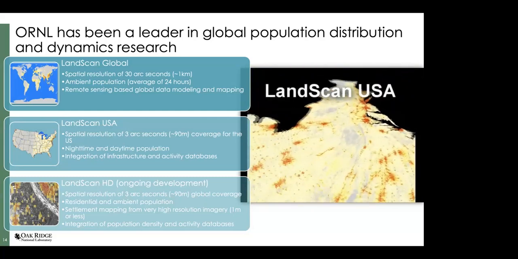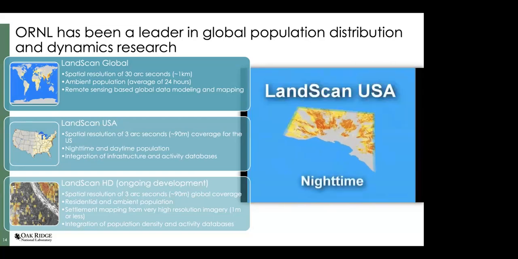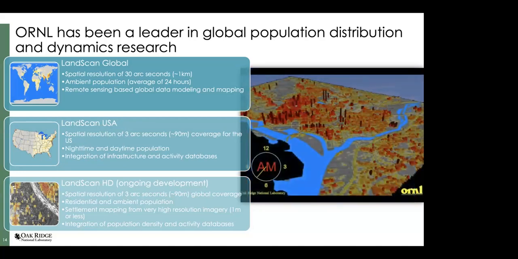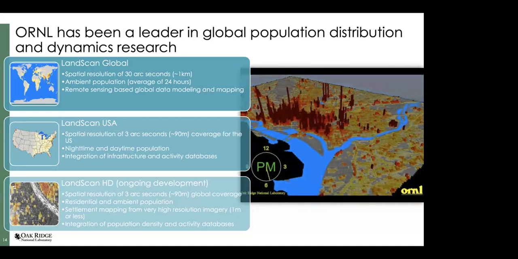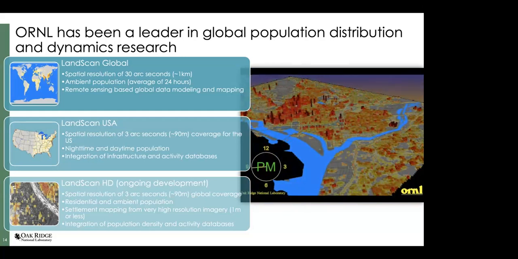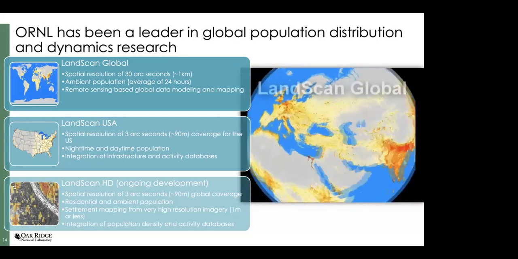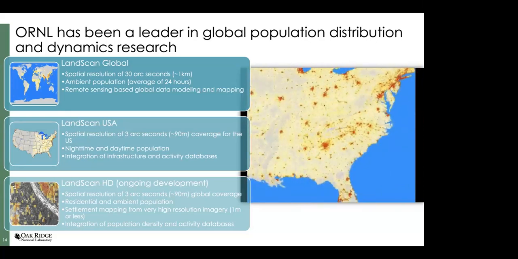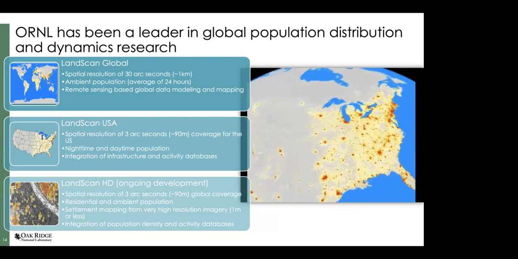Then we have a model called Landscan USA that describes nighttime and daytime for the US 50 states in 90-meter resolution. Okay, and that's a bottom-up and top-down. And then we also look at these simulations of dynamics. So this is Washington on a 24-hour diurnal cycle of how people come in and go, right? So what you're looking at is not just dynamics of people, but you can think of that as your energy demand map, because people drive energy demand.